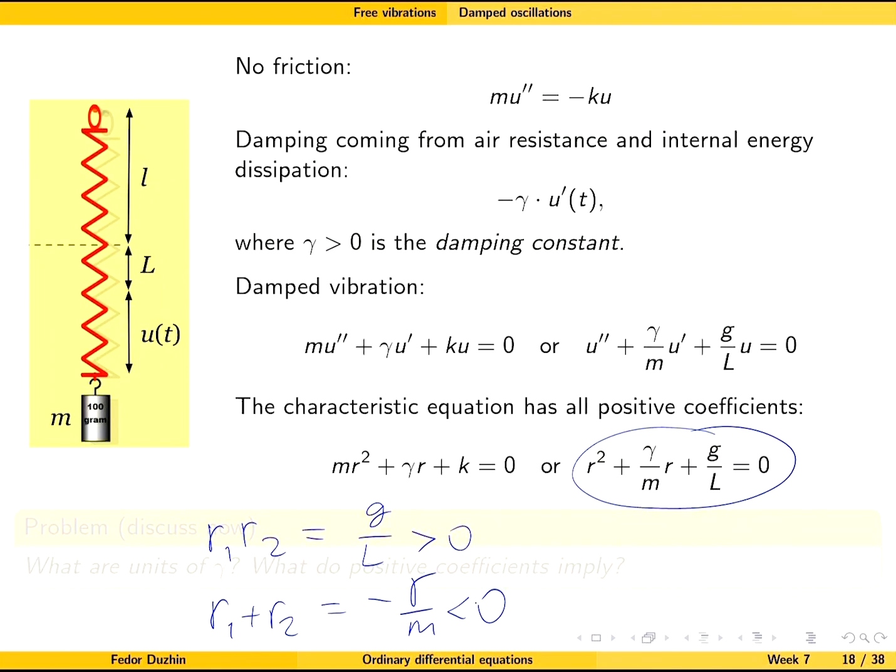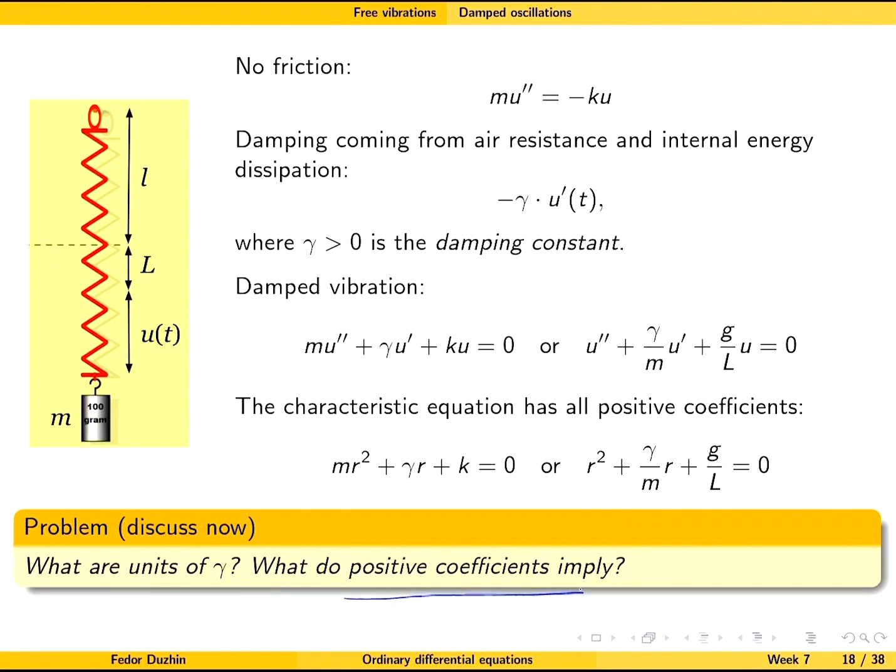Right? And since the sum is a negative number, it means that either both of them are negative, because we cannot have one positive, one negative. Because if we had one positive, one negative, then the product would be negative. So we may have two negative real roots, or we may have two complex roots with a negative real part, because if we have two complex conjugate roots, then when we add them together, the complex part cancels, and only the real part remains. And the real part is negative, and at the same time, the real part goes into the exponential function. So in any case, in our solution, we are going to have an exponential function with a negative exponent, which means that